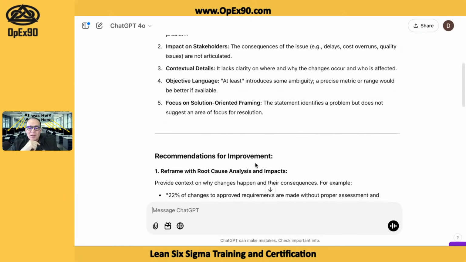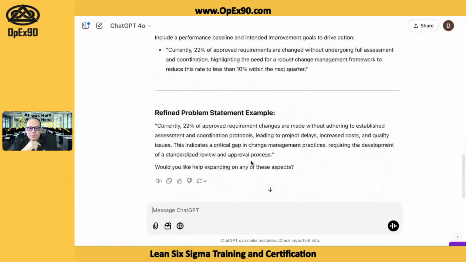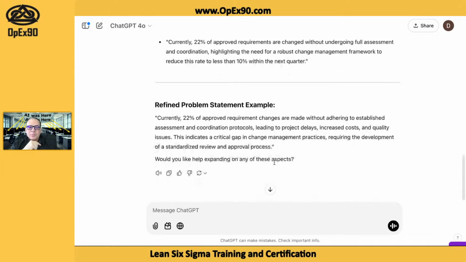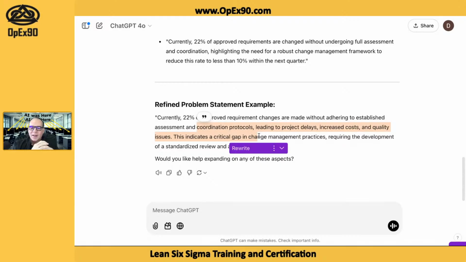Then it made recommendations for improvement, and then of course it's refining this problem statement for us. So it went ahead and refined the problem statement, and then it makes some assumptions in here for us, right? Coordinating protocols, leading to project delays,